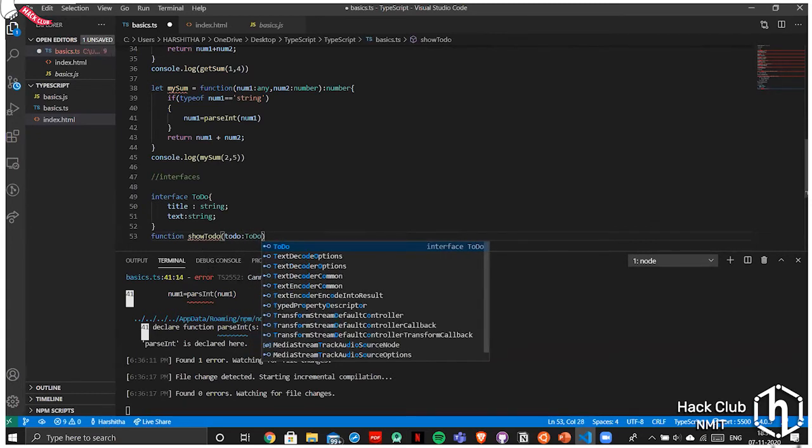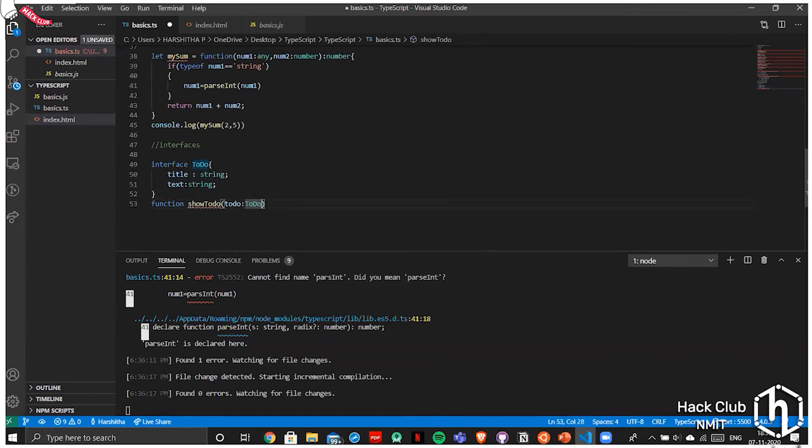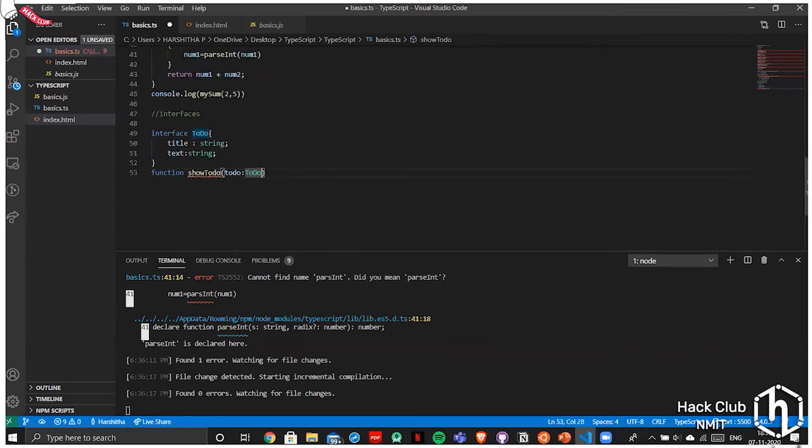So I don't have to declare these separately in here. This reduces the length of the program, or else we'd have to declare all of these again under this todo, all the elements like the value types with the pair. So that's an advantage over here.